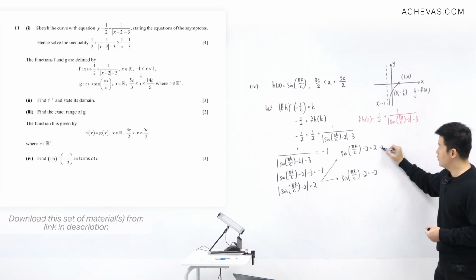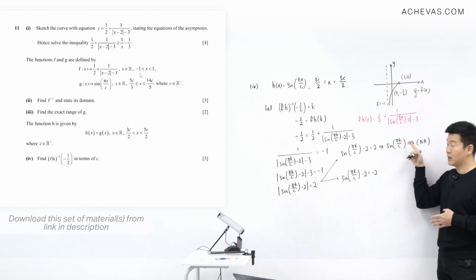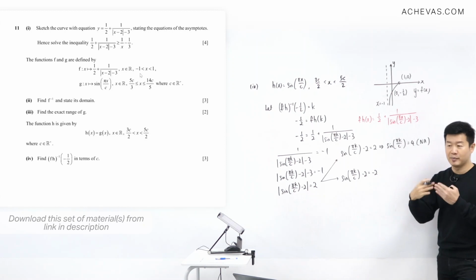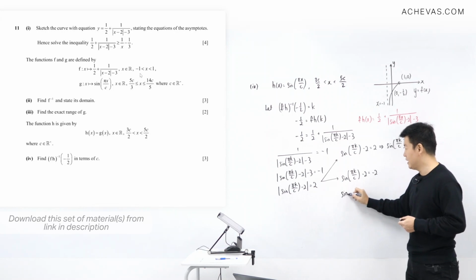As for this over here, we will be getting something that is going to be rejected because minus 2 bring it over to the other side gives me 4. It is impossible for me to find a value of k such that when I input into this gives me a sine that is equal to 4. Sine is going to be between plus and minus 1, so it is impossible. So this is going to be rejected. As for this, we can continue. This we have a pi k